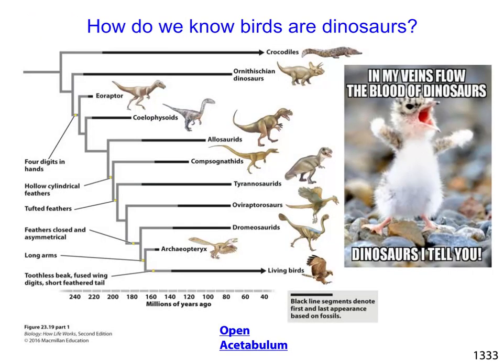Now, I've said it before and I'll say it again, birds are the last living lineage from dinosaurs, okay? And you might be asking yourself, how do we know? Well, there's several different lines of evidence. One of the most important is known as an open acetabulum. This is basically an open hip joint, and this is what allowed the dinosaurs, certain dinosaurs, all of them actually,